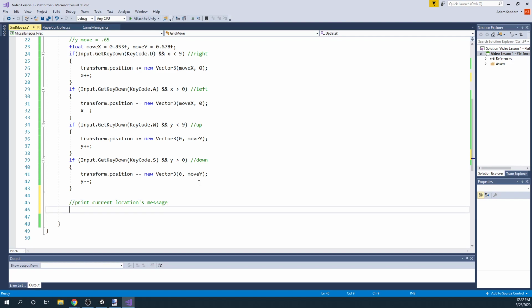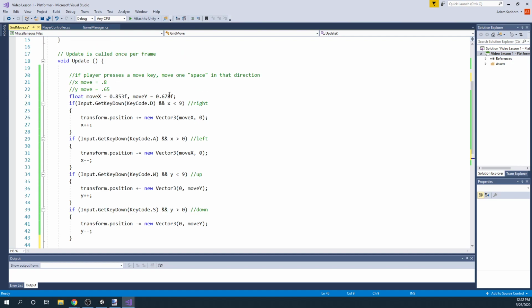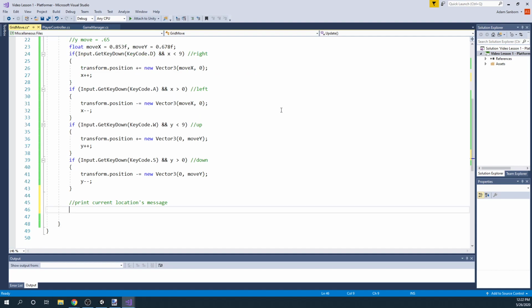So we should do that just once, though. We don't want to print it a bunch of times. So maybe we should just do it in here. Well, where's the best place to do this? I want my code to be efficient. I guess down here is probably fine. I think maybe if we keep track of whether we moved. Well, whatever, we can deal with that later. We'll just say if they're at the current location, then we'll say